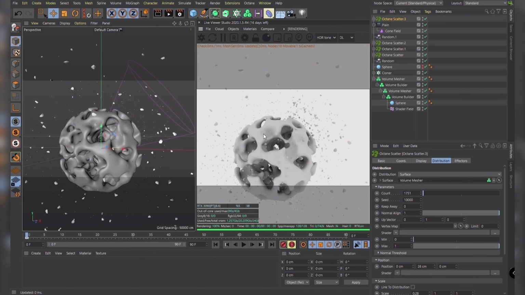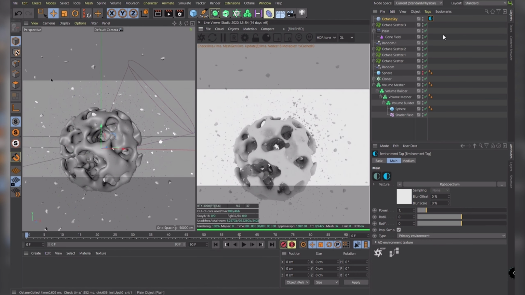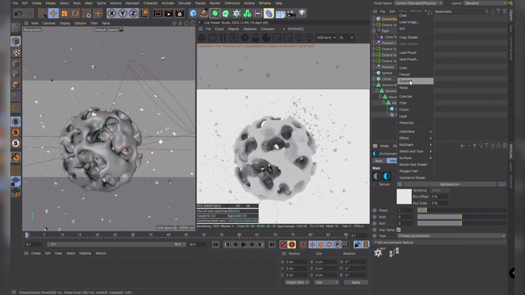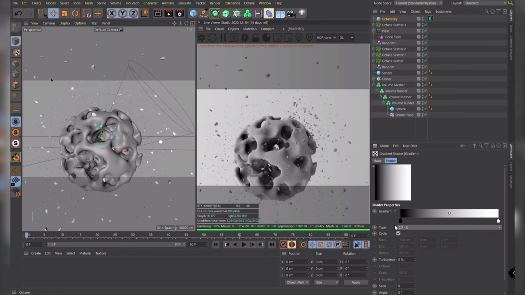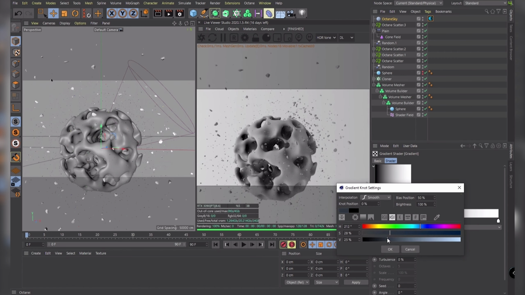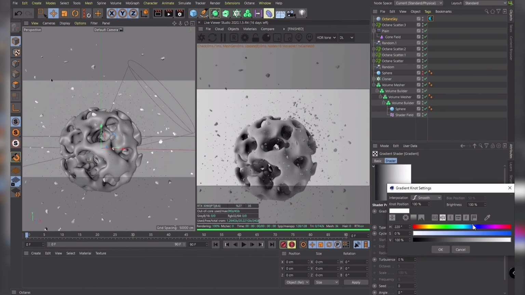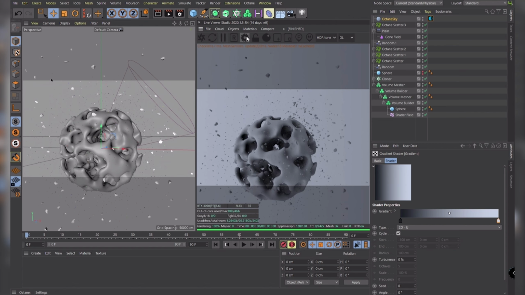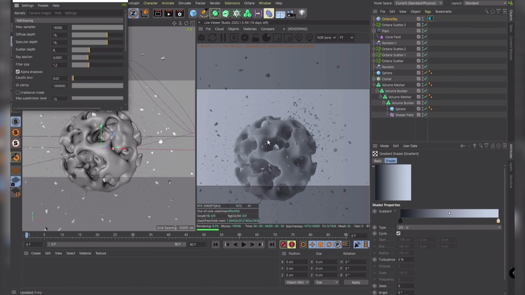Now we can continue with the material and the lights. So let's get started with the lights first. So the first thing I'm going to do is creating a texture environment. And we're going to create a gradient inside of it. Let's keep the type to 2D hue. And we will be going from a dark grayish blue to a brighter, even white looking blue. Let's also set the render mode to path tracing maybe, because we will need that for the best results, especially with the transparency which we will be using. But we can set the max samples to something way lower. I'm going with 4000 samples for now.